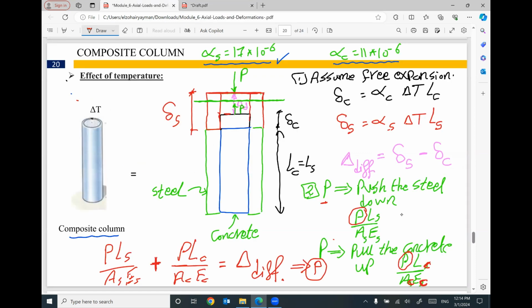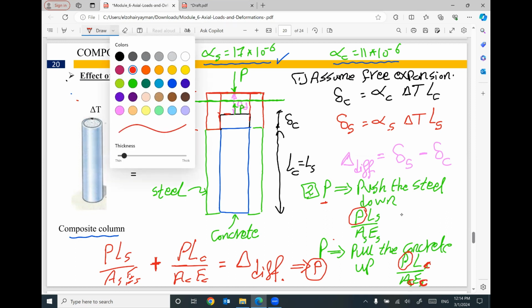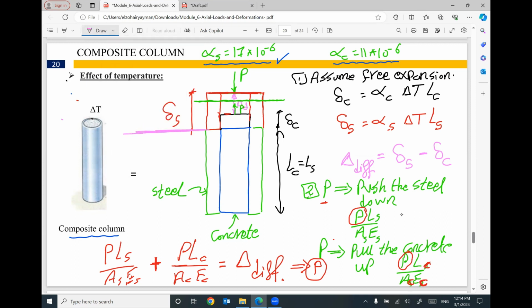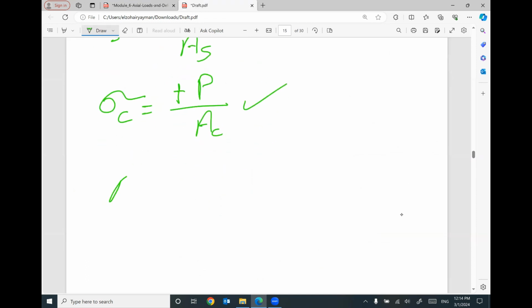Anybody can tell me what will be the final elongation in the composite column? Keep in your mind, the original of the composite column was here. The final became here. So what will be the final elongation in the composite column? This final elongation will equal the total free elongation of the steel, delta steel, minus the pull-back of the steel due to the effect of the force P. So the final